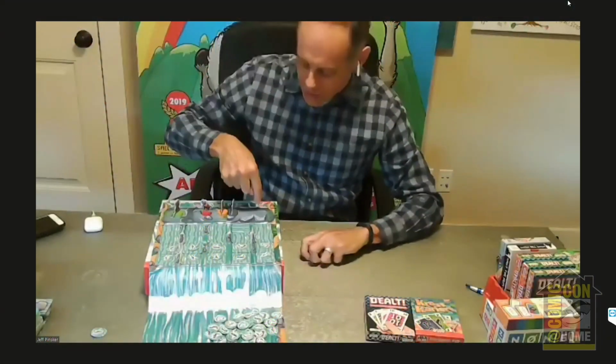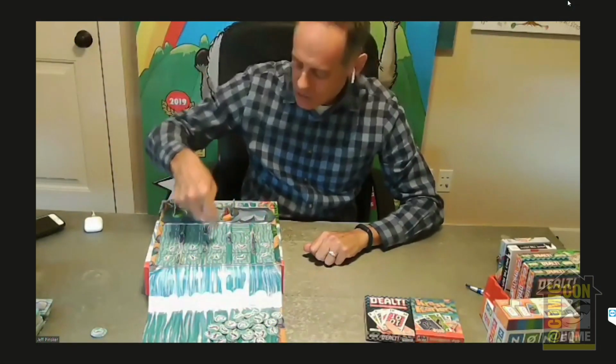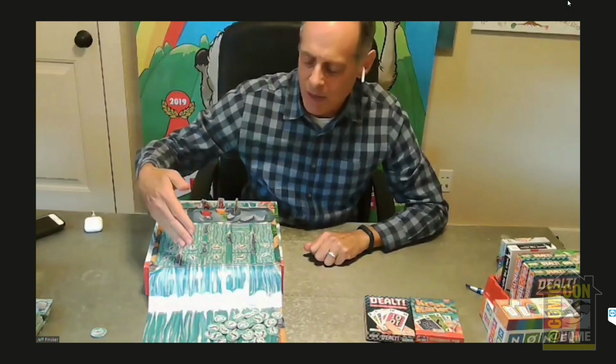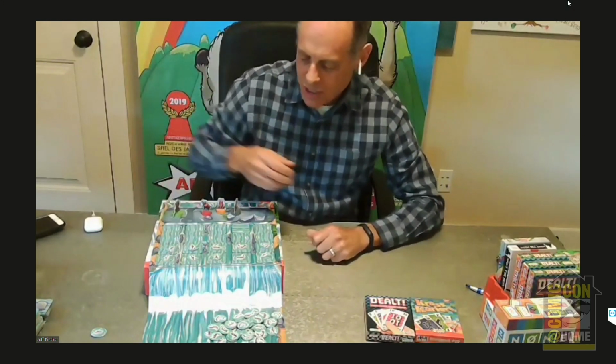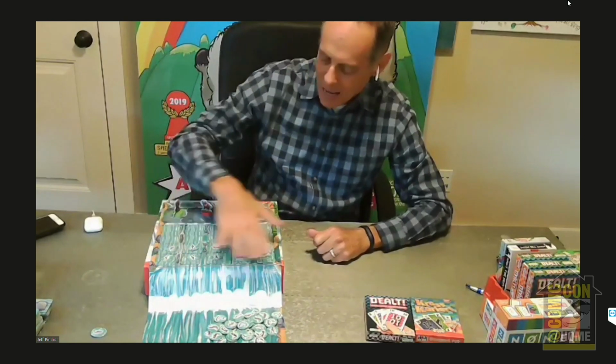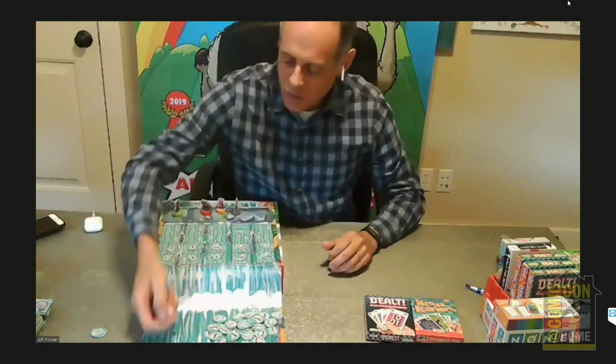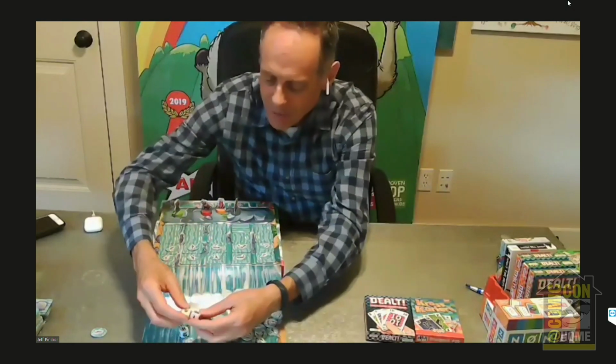The water flows. There are water tiles in each of these channels. And on every turn, the water flows. So you will see movement in this game and action in this game. The way that it works is very simple. We're each bears. We're trying to capture the most fish. We can catch the most fish and eat them. That's what bears do. One player rolls the dice, and we will get a combination of